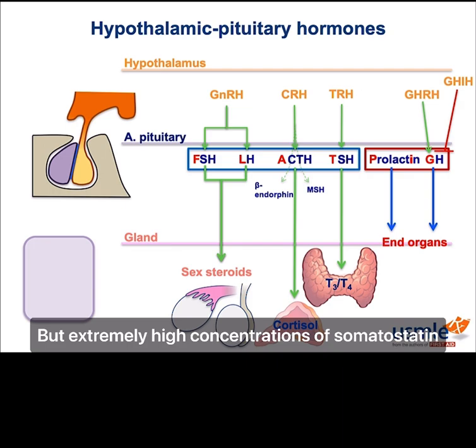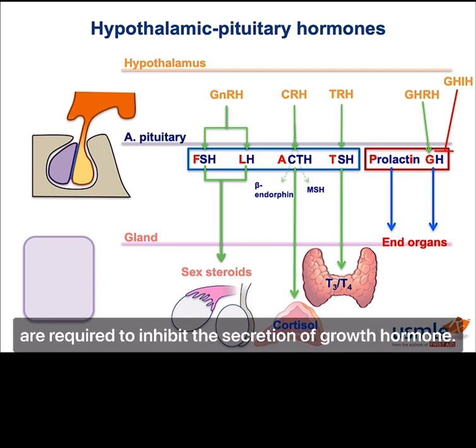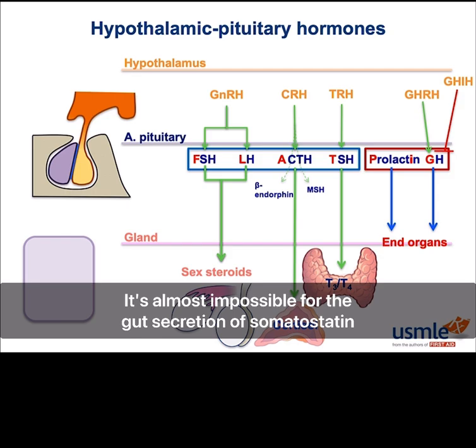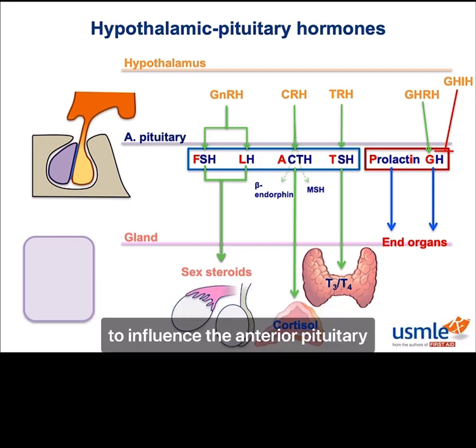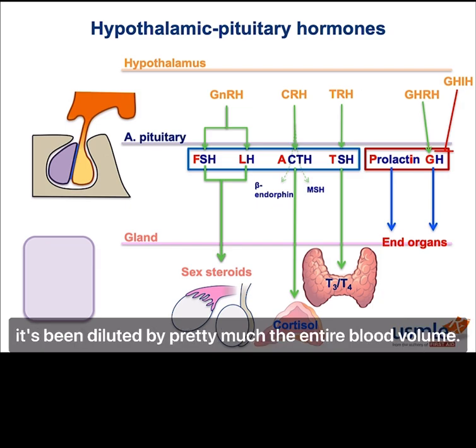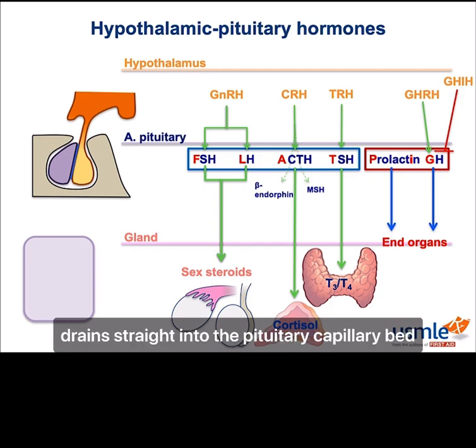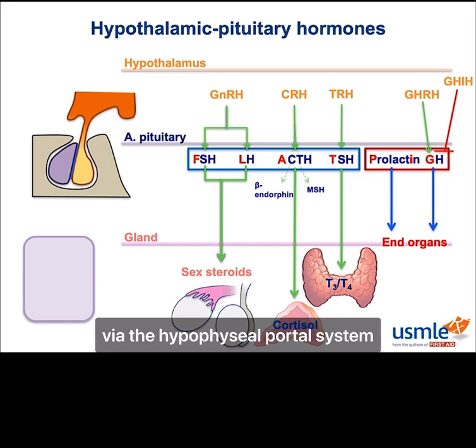But extremely high concentrations of somatostatin are required to inhibit the secretion of growth hormone. It's almost impossible for the gut secretion of somatostatin to influence the anterior pituitary because by the time it reaches the brain, it's been diluted by pretty much the entire blood volume. The hypothalamic capillary bed, however, drains straight into the pituitary capillary bed via the hypophyseal portal system, and that ensures